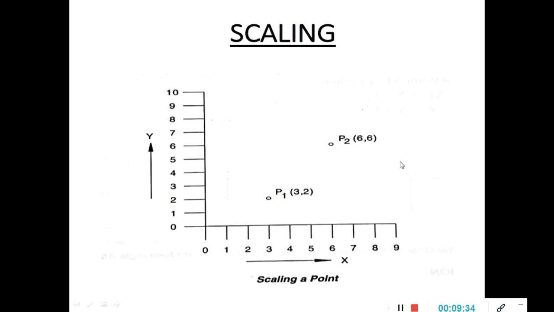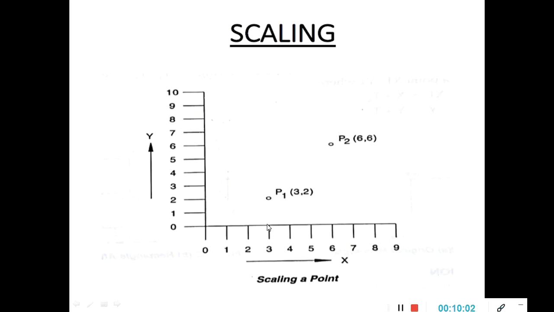The very first one is known as scaling. You might have come across scaling in your previous semester, where we studied engineering drawing, where the scaling is 1:2 or 2:1 like that. Here the x and y coordinates are maintained, and point P1 is the point 1 whose x and y coordinates are 3 and 2.